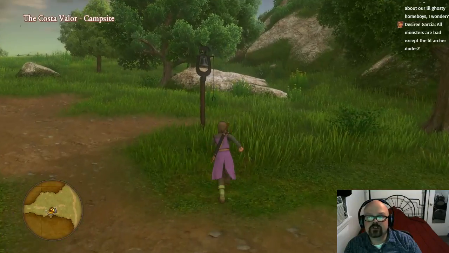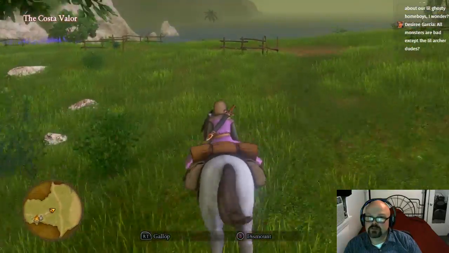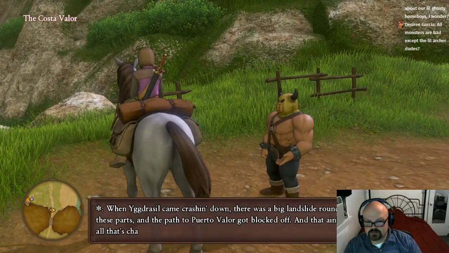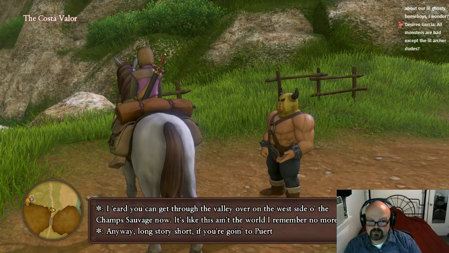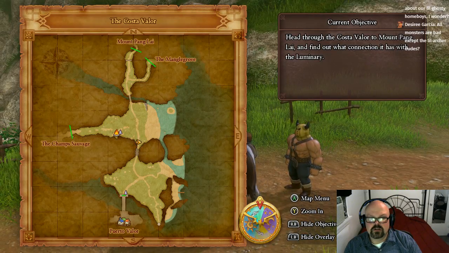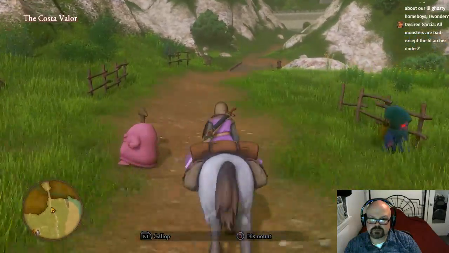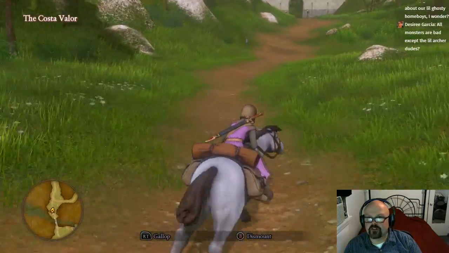Let's get our horse. Make this a little bit quicker. Okay, it's blocked off. Alright, that's fine. We'll go to the mountain. I was just trying to...